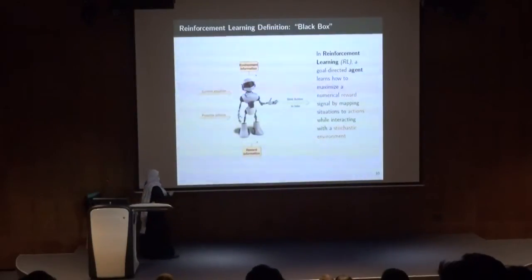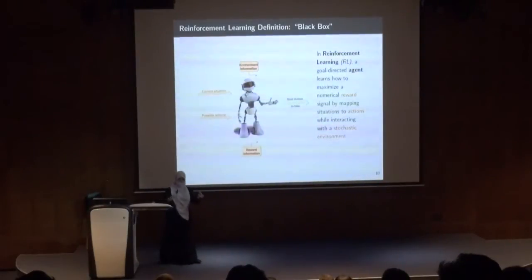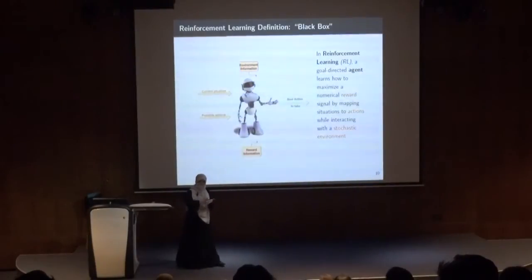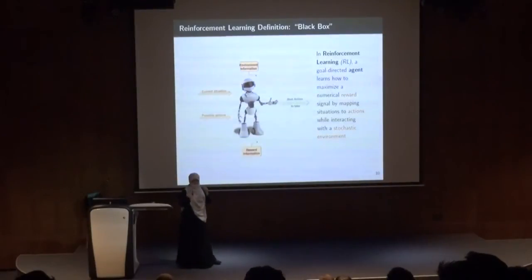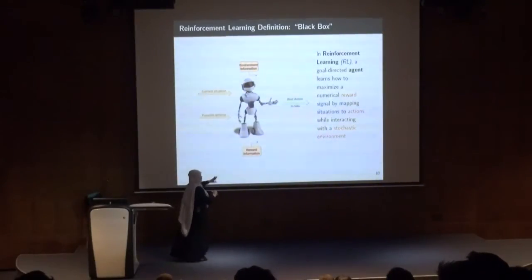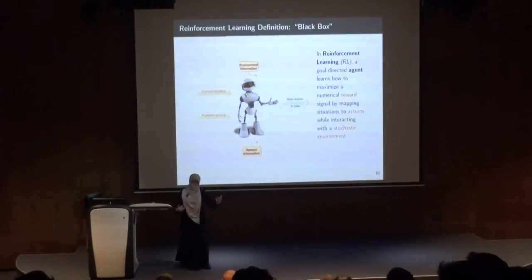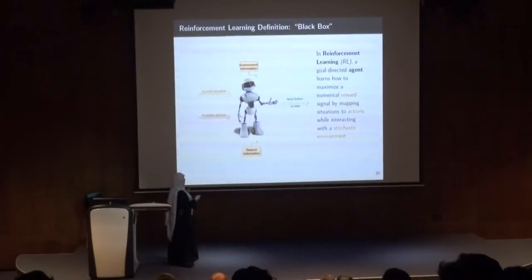Okay, so this is the agent we talked about. We have the agent, which is the decision maker, the main component that makes the decision. The agent observes the environment around it. The agent knows the current situation, so I know for sure where I am and what's the situation around me. I know what actions I could take given this situation, and I know some reward information. So I know that this action gives me somehow higher reward than this action. And my output would be the best action to take given this situation, right?